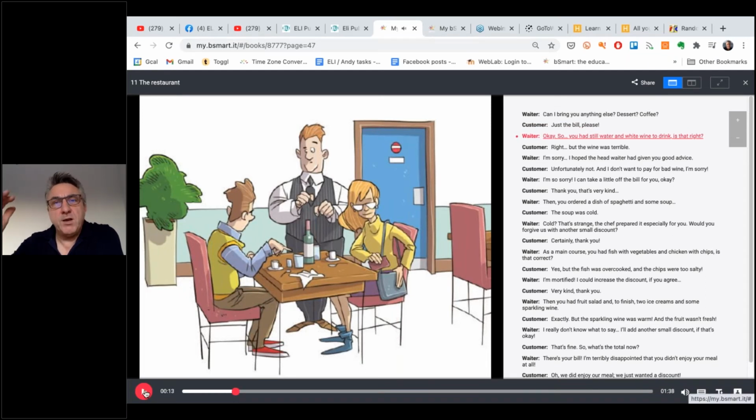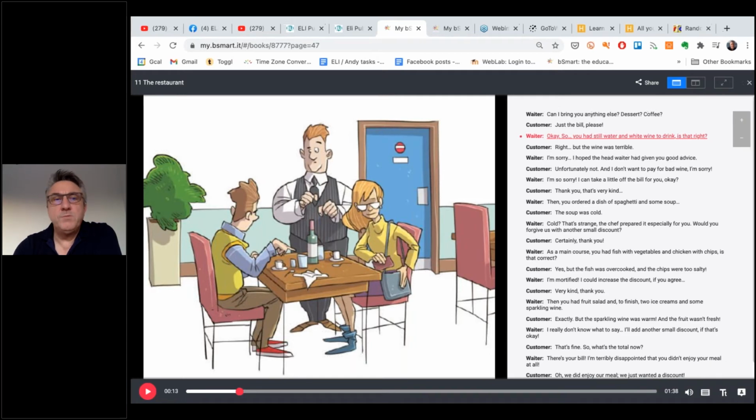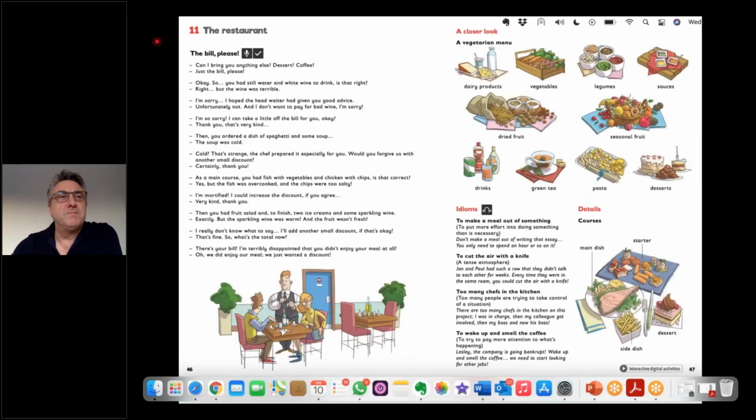So as the dialogue moves through the audio, it highlights in red. But the other great thing about digital is I can, over here, how can I show you? Okay, if I get my little pointer, down here, oops, I didn't want to, I've just seen a picture of myself, which is very alarming. Down at the bottom is what I mean.